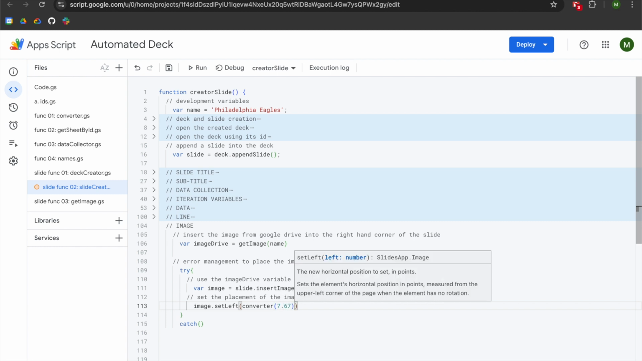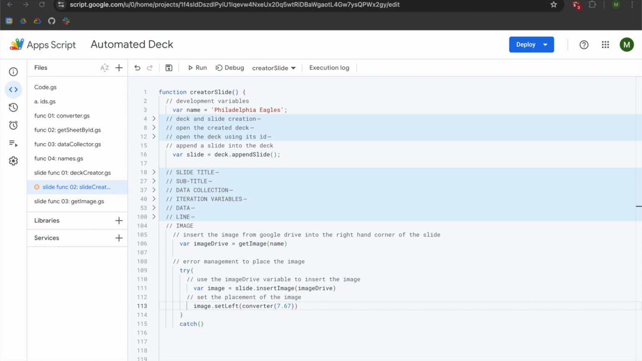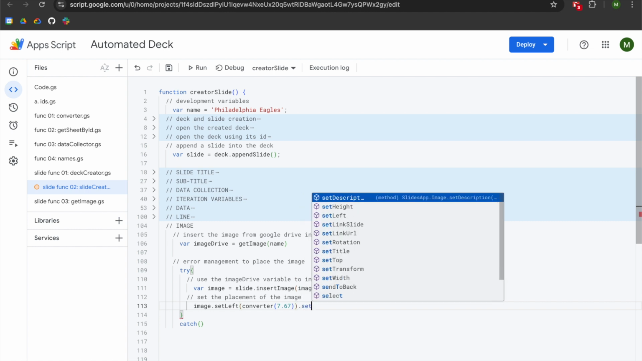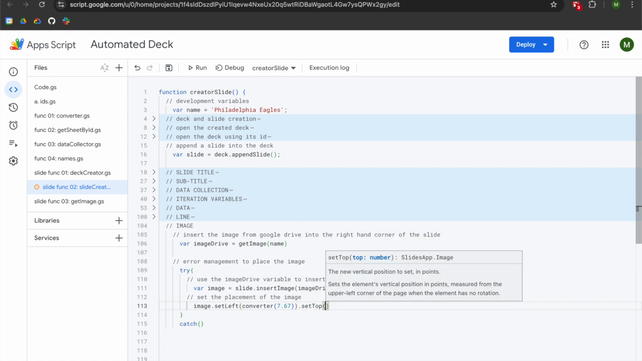I'm going to go to the right, and I'm going to add a comma. Where am I going to add that comma? Oh, I apologize. No, I'm not going to do that. So after you insert 7.67, you're going to go to the right again. And after you're outside of the parentheses, you're going to hit dot set top, and then you're going to use